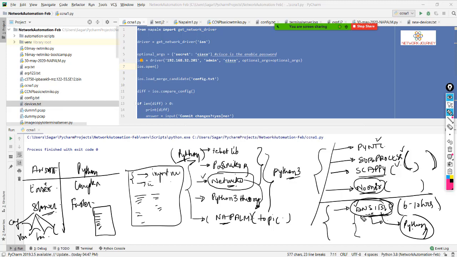So after Ansible, I have some theoretical topics for Cisco DevNet, where I would cover what is Yang, what is YML, what is NETCONF, what is RESTCONF, what are APIs, what is content. So basically, it is a whole theoretical topic.